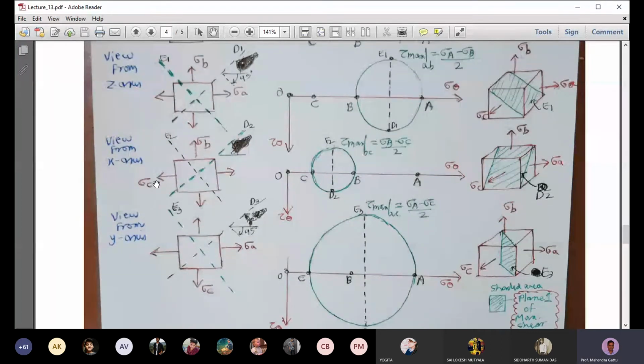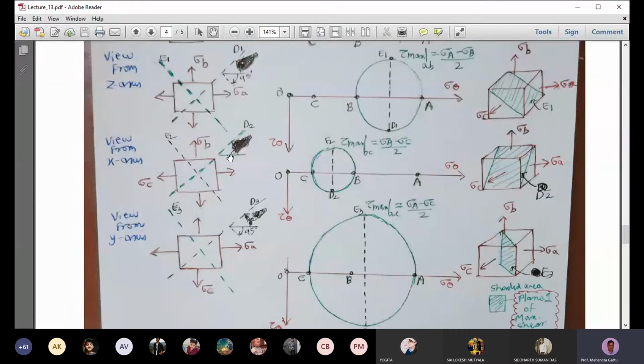So we know sigma b is greater than sigma c. So the principal stresses are now different. Sigma b will be the maximum principal stress, and sigma c is the minimum one. So we have B here and C here, and we draw a Mohr circle with BC as the diameter. So we find the center of this, and then with that radius, sigma b minus sigma c by 2, draw a circle. So the tau max here will be sigma b minus sigma c by 2, and it occurs at D2 and D2. Again, those planes are oriented at 45 degrees with the principal planes, and we can identify one of the planes here.